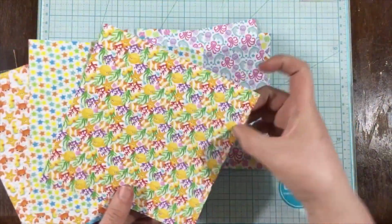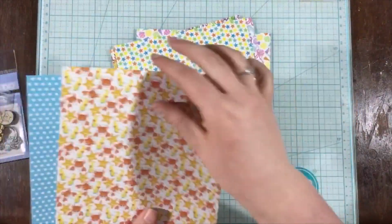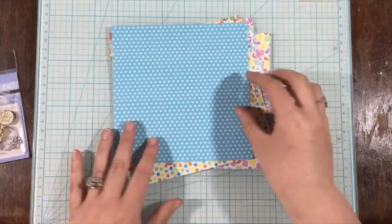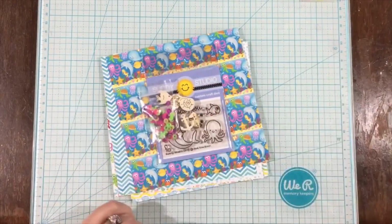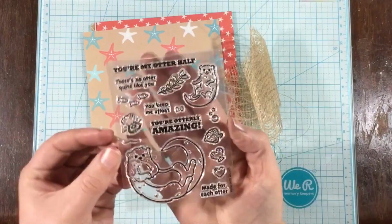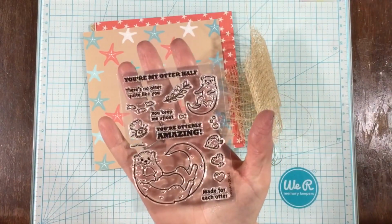And just as a side note, remember that any of the exclusive Scrapping for Less paper packs you can find in the a la carte section on their website when the kit releases. And like last month's kit, I definitely bought a couple extra, and I'm going to buy some extra this kit too. So collection 3 has the Sea Otter stamp set by Hero Arts,